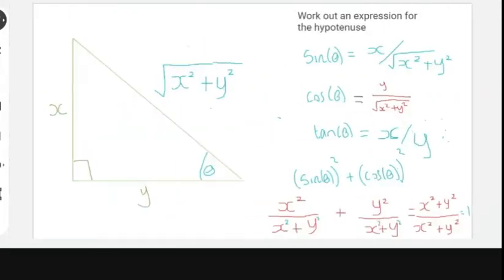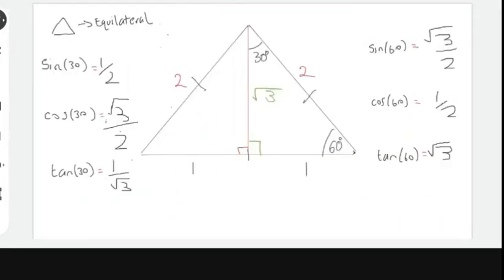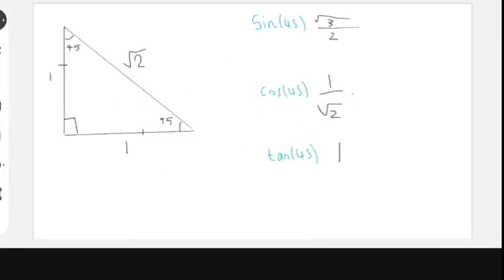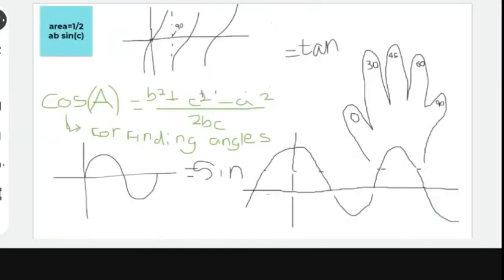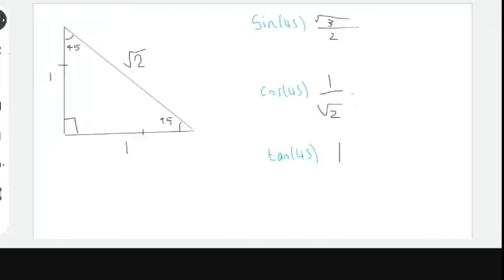We've actually covered quite a few things. I do want to finish the one for slide 8, but just to recap what we've done. We first of all just wrote out formulae that we know for trigonometry. So we wrote Pythagoras Theorem, cosine rule, sine rule, the graphs of tan, sine, and cos, the hand for the different values that we need to know, and also